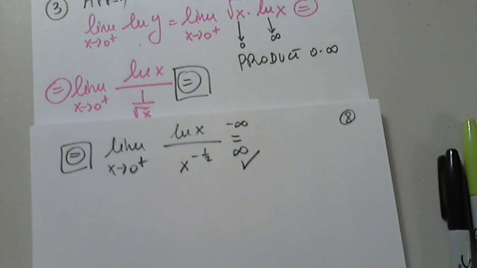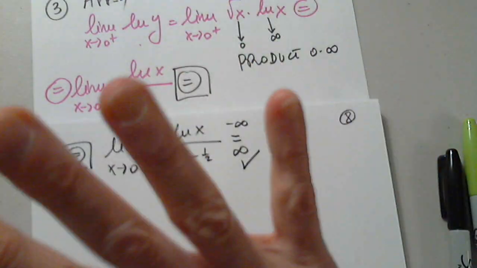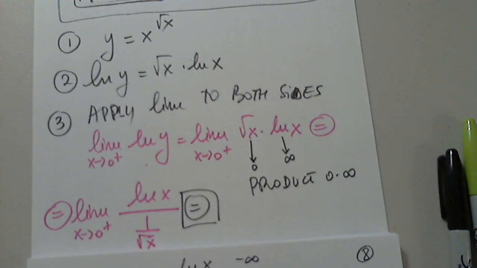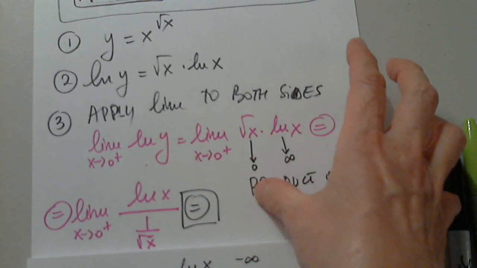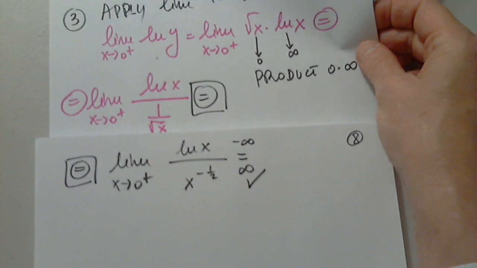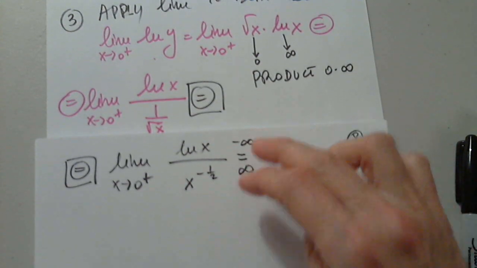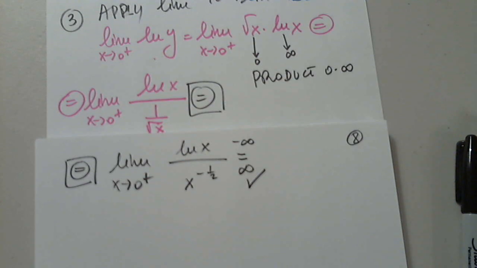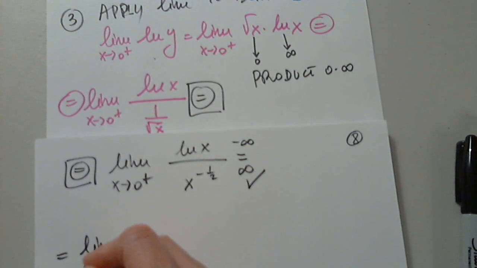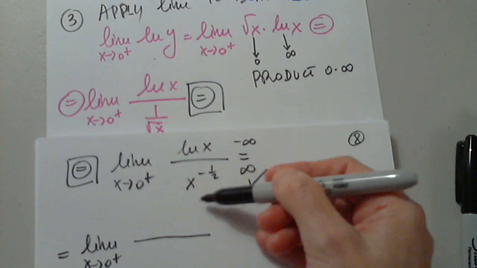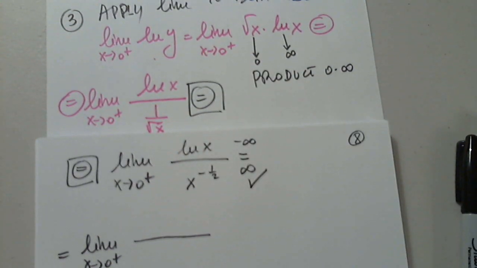But now finally, I love this. So I know there are many steps still, but let's summarize what we did. So after we labeled the function, we apply natural log, and now we apply the limit, and we struggle a little bit with this because it's not a nice limit. So first, initially, it was a product, but now finally we were able to change it into a ratio after all these hoops and loops. Because of this, I can differentiate using L'Hopital's rule. So I have limit as x approaches 0 from the right. Can anyone give us the easy function? And then I'll do the difficult function. The easy, 1 over